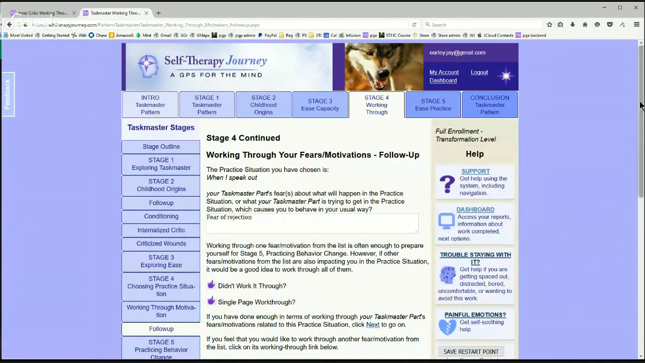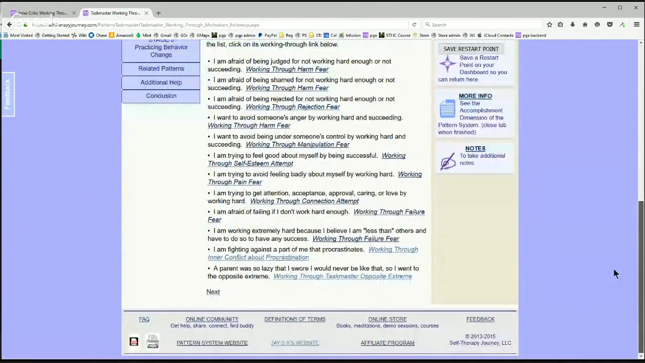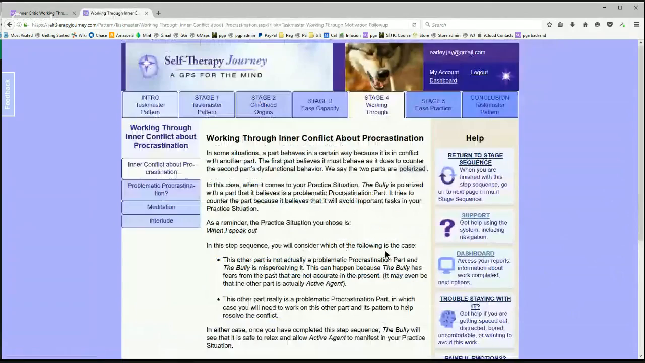Now, the other option that we haven't covered yet is something like this. So suppose the underlying motivation for the taskmaster is I'm fighting against a part of me that procrastinates. So that's not a fear, that's an inner conflict. And so this is a different kind of working through. So I'm going to click on this, and we get a short series of steps about working through an